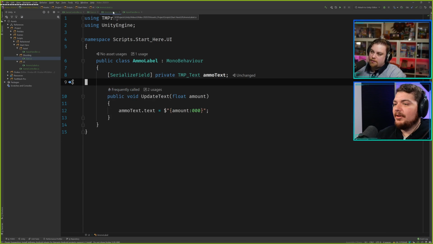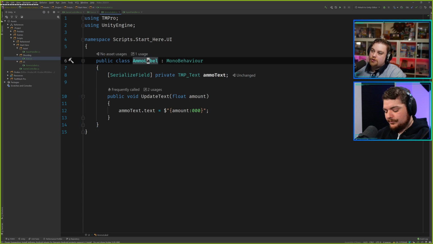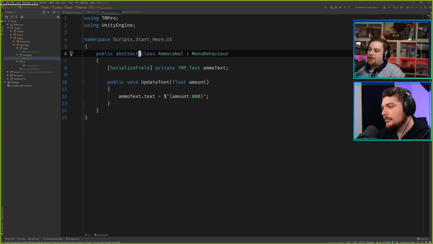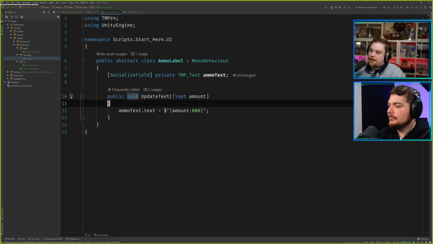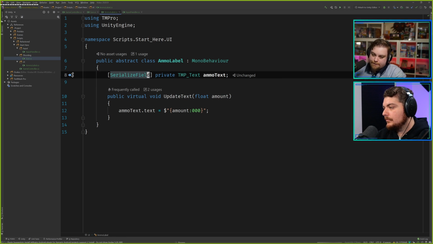Let's go with the UI. We can print it to the UI or to the debug console. Exactly. So let's just change this from being a new base class of something else. Call that abstract, and then call it ammo label, and then we'll make a TextMeshPro ammo label and a console ammo label. All right, cool.